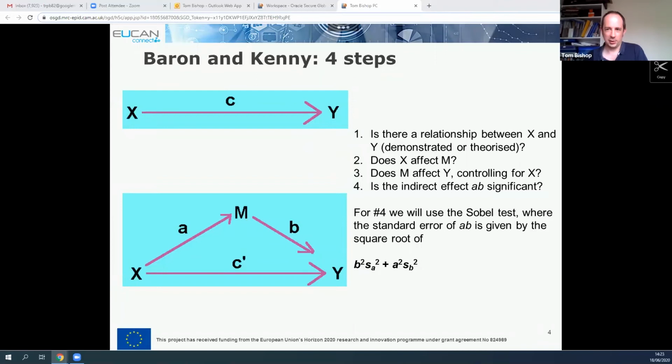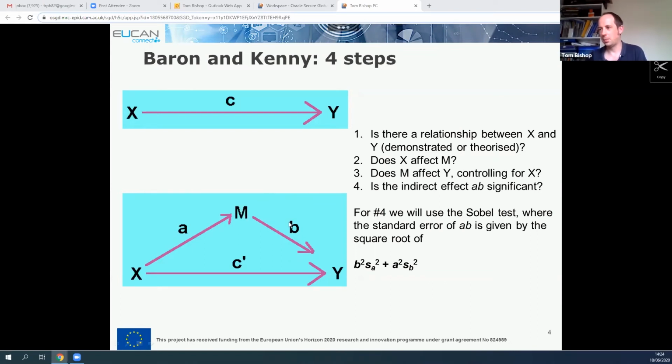You then might at that stage suspect that actually there's some variable that mediates that relationship. So your next regression model that you would fit would be between your exposure X and your mediator M. Again, this is just a simple regression model, and you check whether that coefficient is significant or not. Your third step then logically is to check whether your mediator actually influences your outcome, but you don't just fit